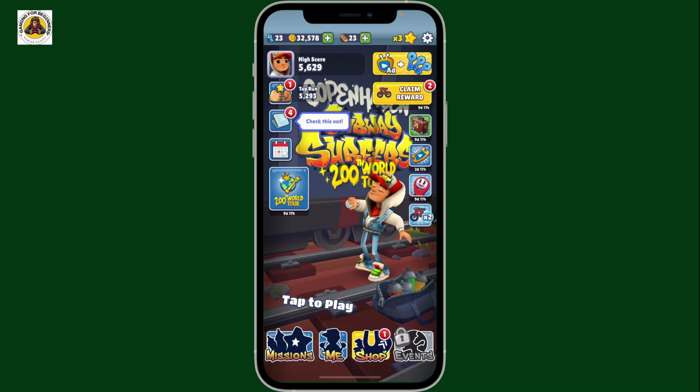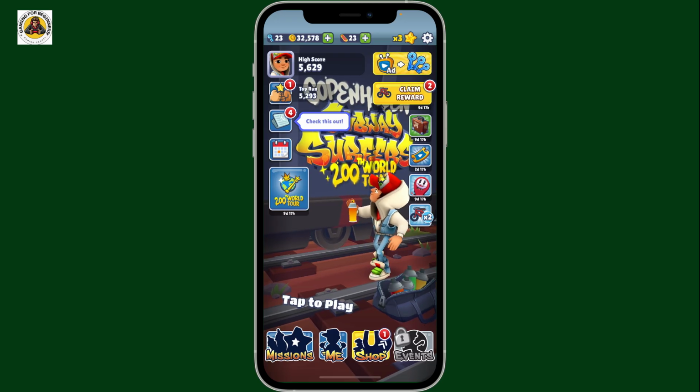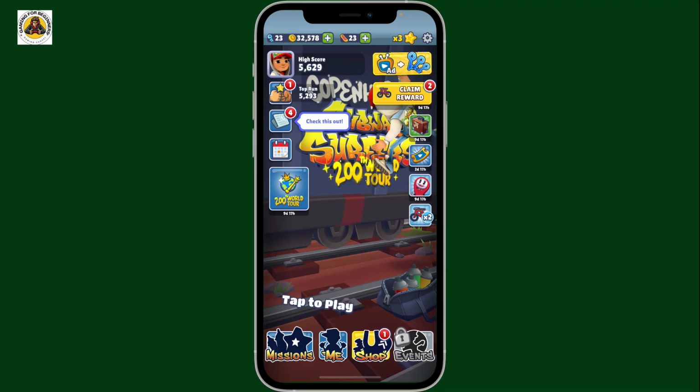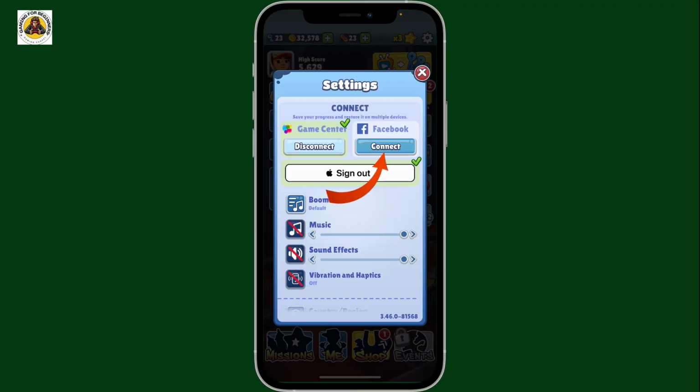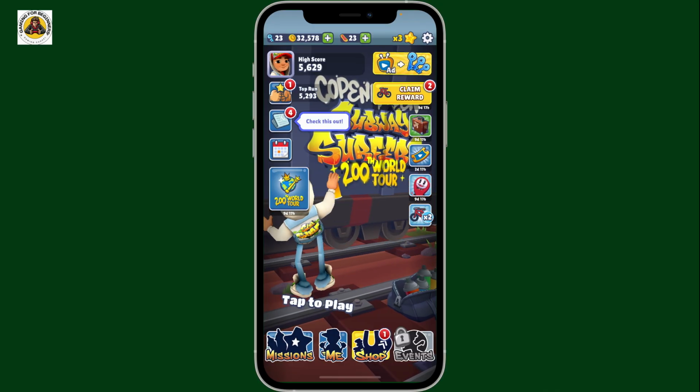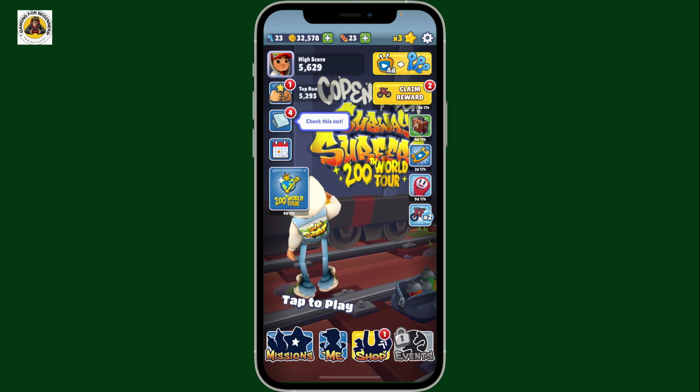If you want to add your Facebook friends, you can simply go ahead and tap on the gear button at the top right corner from the home screen and click on the Connect button underneath Facebook. Sign in with your Facebook account's credentials, and all of the Facebook friends who play Subway Surfers will appear in your friend list automatically. So those were some of the steps you could take in order to add friends in